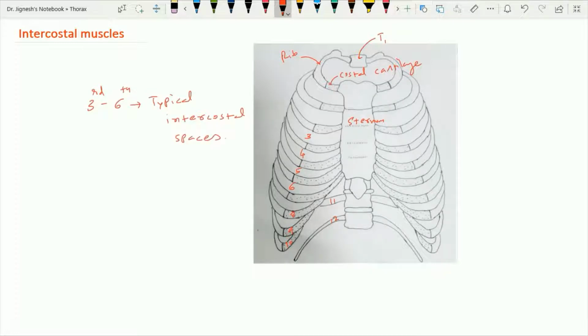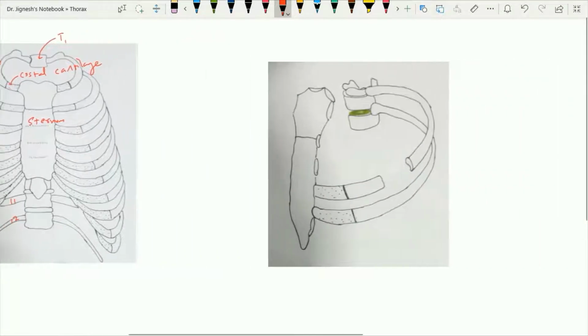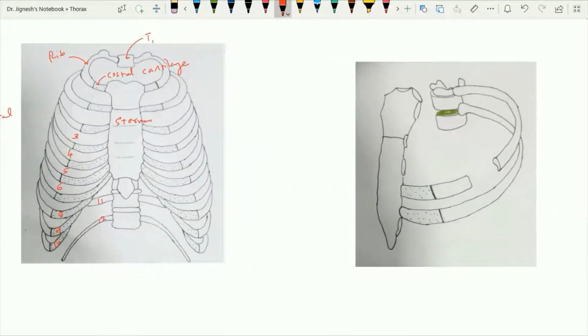Now when we see the intercostal space in this figure, this is a 3D image where we have removed the other intercostal spaces and only a typical intercostal space remains. We can see the head of the rib attached to two vertebrae. The lower articular facet of the head of the rib is attached to the corresponding numerical vertebra, while the upper smaller articular facet articulates with the lower costal facet of the body of the vertebra one higher.